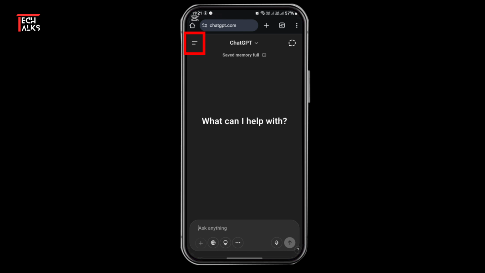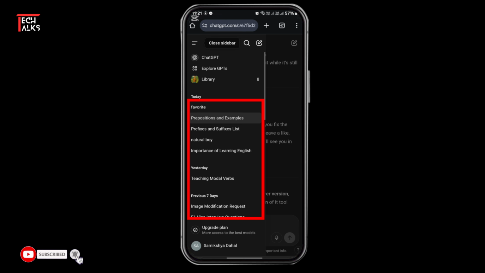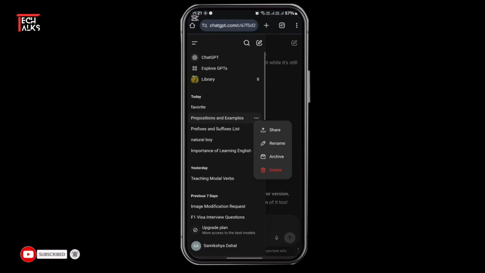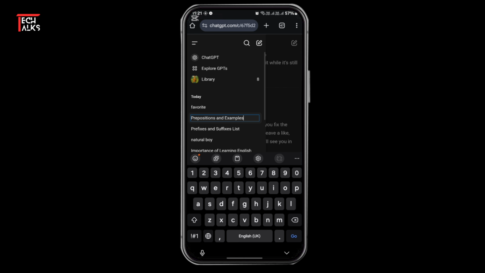First is tap on the two horizontal lines from your top left and select the chat that you want to pin or save for later. And there will be three dots beside that. There will show the option to rename. Rename and keep a star or something that will keep it secluded from the rest of the chats so you